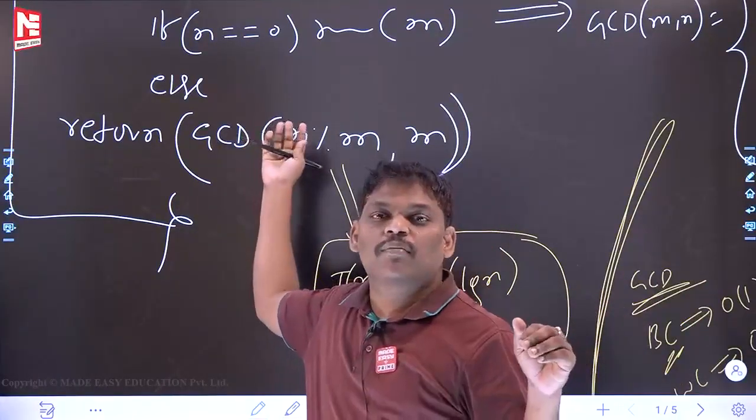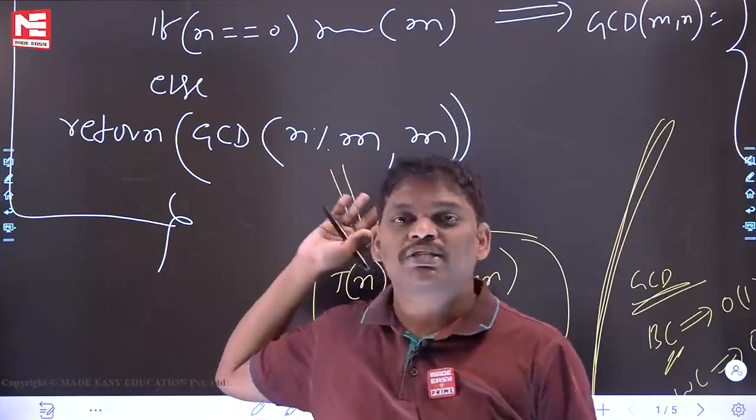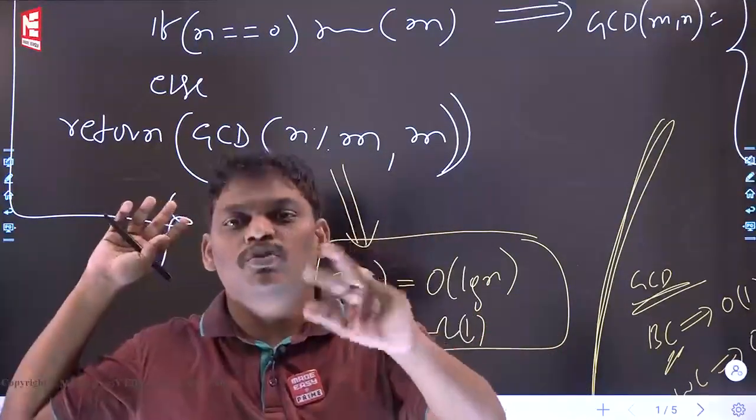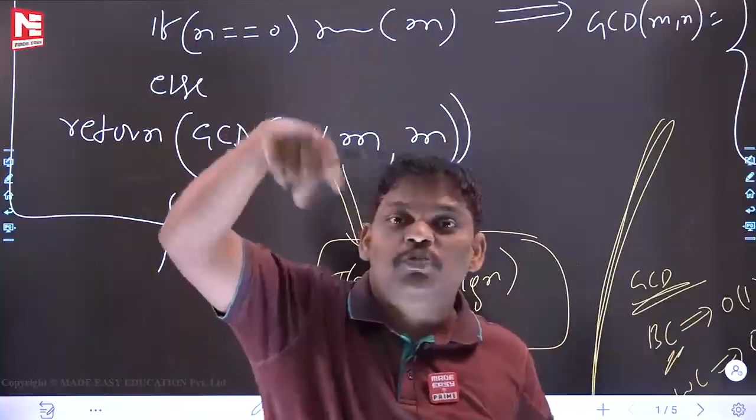When will worst case come? Two consecutive Fibonacci numbers, if you give, worst case. When best case? If you give multiples of each other, best case. In this problem my goal is only this. In the previous problem my goal,